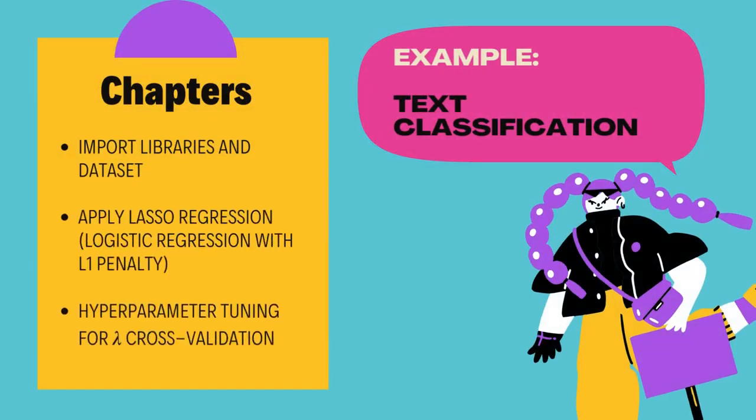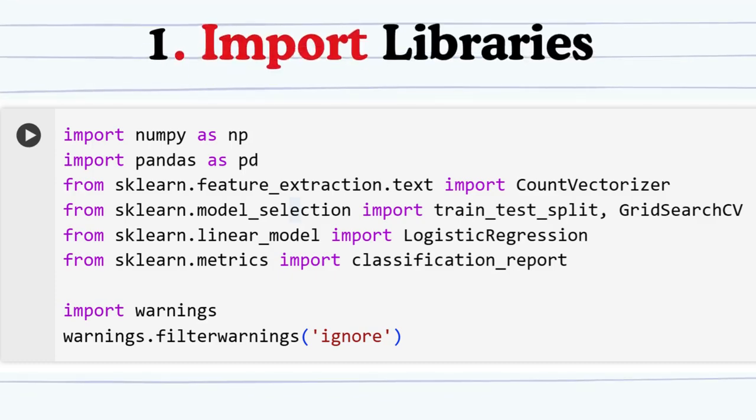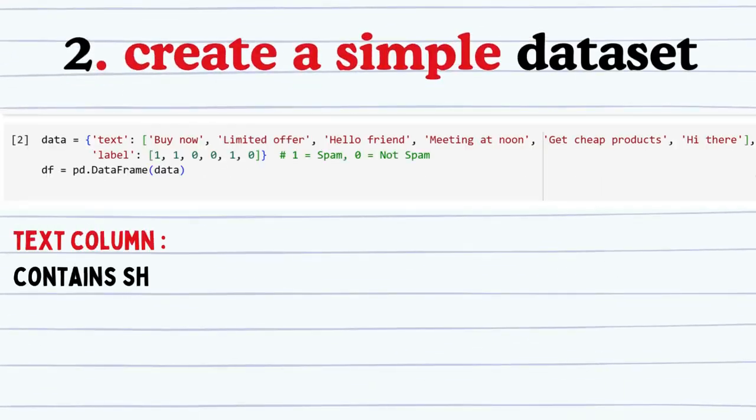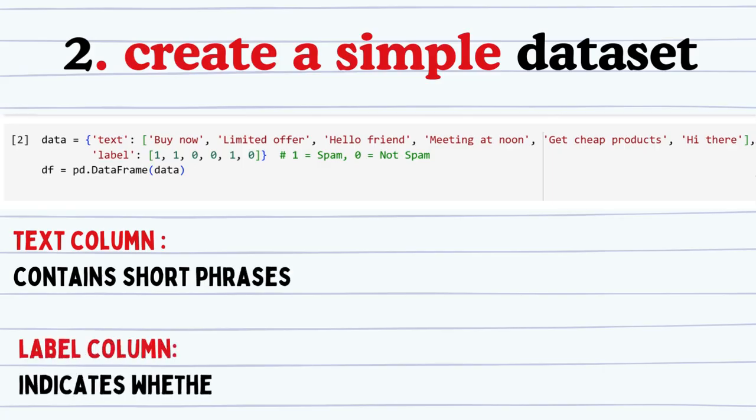Coding demonstration. In this section, we'll demonstrate how L1 regularization, lasso regression, works using a text classification example. 1. We first import necessary libraries, including NumPy and Pandas for data manipulation, scikit-learn modules for machine learning tasks, and CountVectorizer for text feature extraction. 2. We create a simple dataset for demonstration. The text column contains short phrases, while the label column indicates whether the text is spam, 1, or not spam,